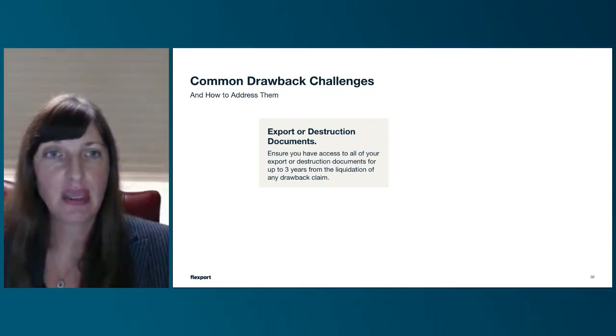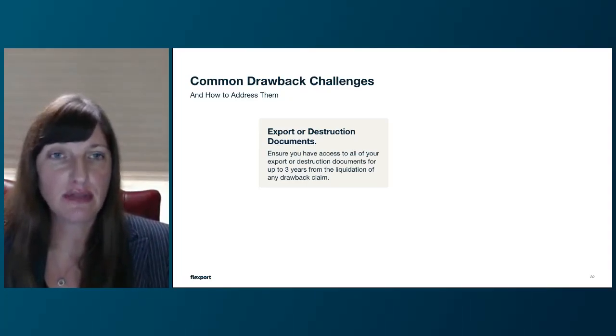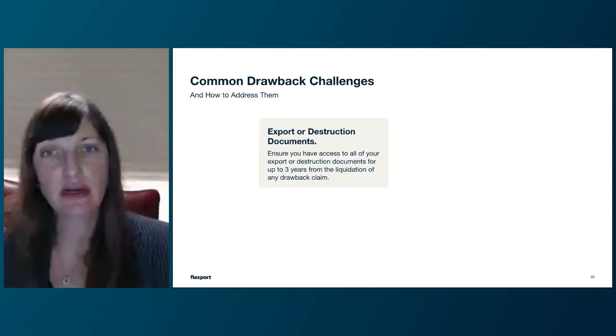recycled. If you're already a drawback filer or plan to be in the future, we recommend implementing a process to store those documents regularly so you can access them timely to support your export in the event of an audit. This goes for standard carriers also. Be sure to keep your export bills of lading and maintain and keep organized records of both your import and